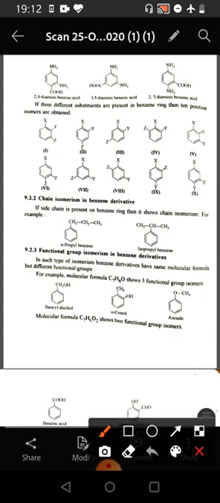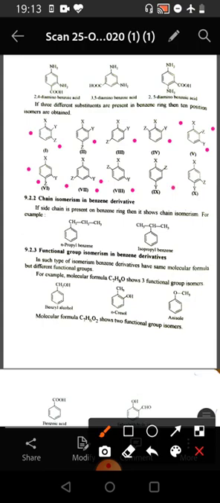In the first set of C1, 2, 3 and 4, the two substituents X and Y are fixed at 1 and 2 positions, and the position of Z is shifted from 3rd to 4th to 5th to 6th. So 4 isomers are formed. In the next set, the positions of X and Y are shifted to 1 and 3 positions, and the position of Z is shifted from 2 to 4 to 5 to 6, and similarly 4 position isomers are formed.